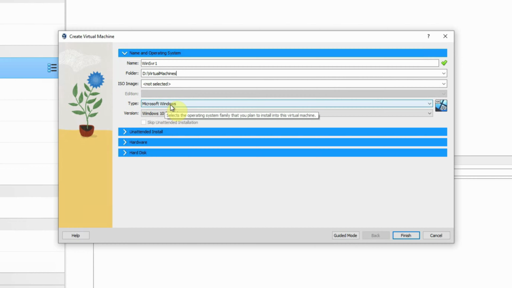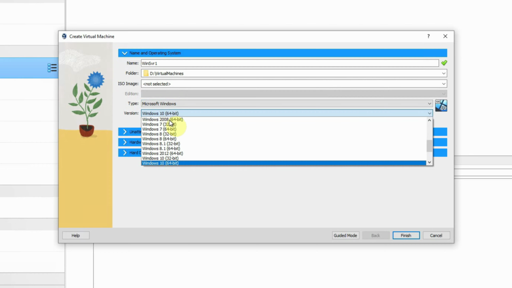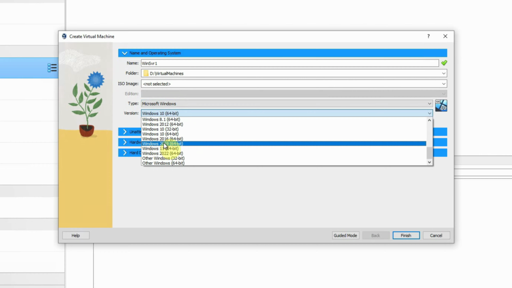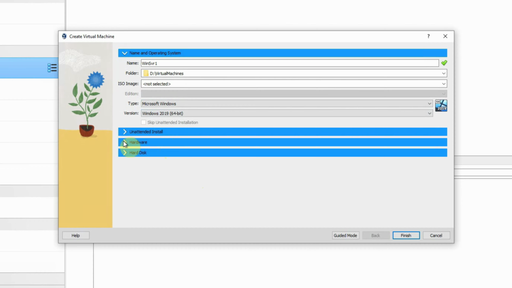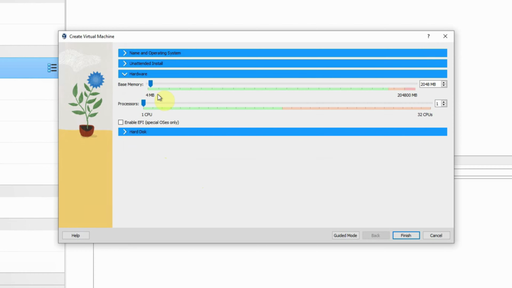Then the type, Microsoft Windows, and the version, we are going to select the Windows 2019 64-bit. Then directly go to this hardware section, and under that it is selecting the base memory as 2 gigs by default. I am going to make it 4 gigs for the Windows Server. If you have enough memory available in the host machine, you can even increase it to like 8 gigs or 12 gigs. In my case, I have a lot of memory, as you can see, 204 gigs available in the